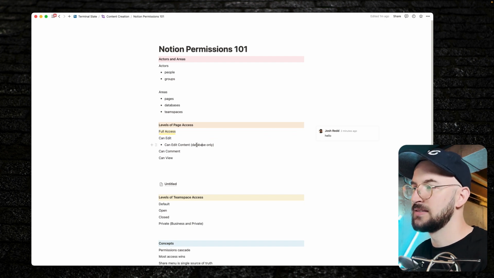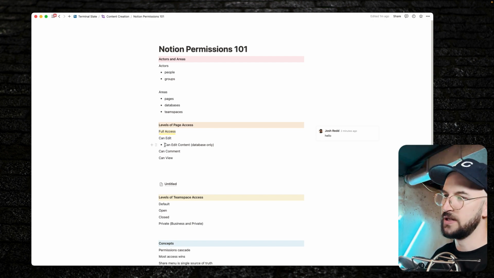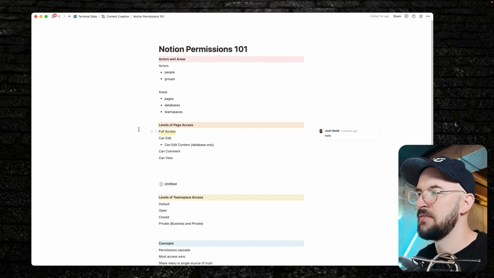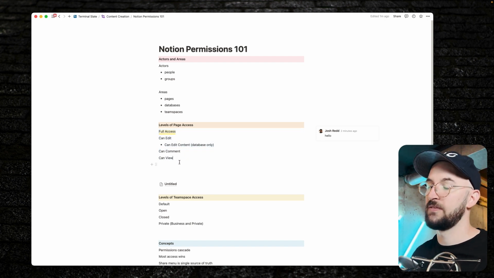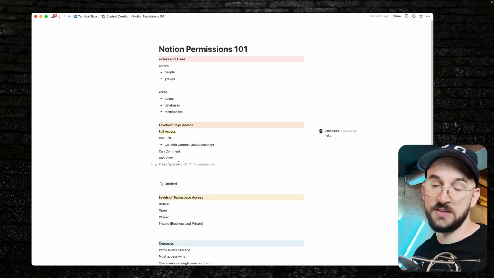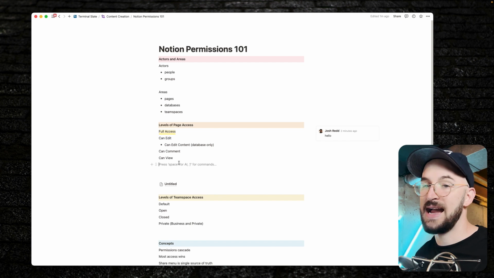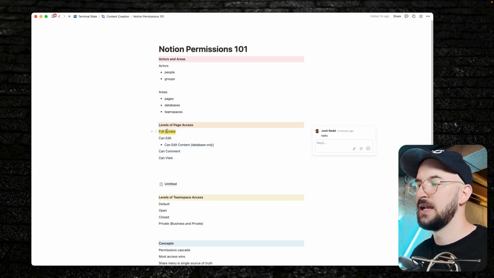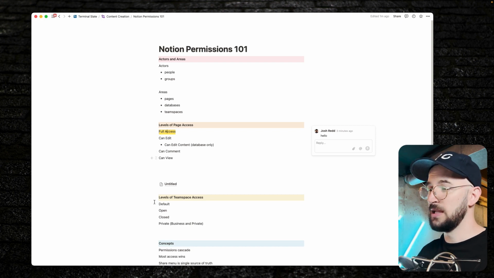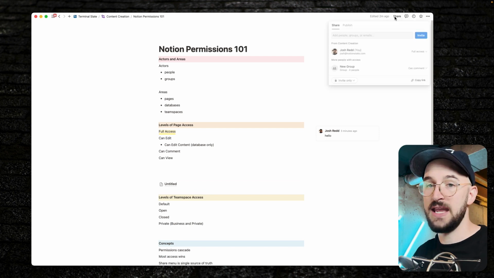Unfortunately, like I said, it's a little trickier to manage, and maybe I'll include some best practices in a future video. But that is the levels of page access and the different ways that people can have access to content. So if access matters, or if there's a lot of people and they're breaking things and it's really kind of a hassle to try and wrangle that in, it may be good to get a good grasp of this and understand how this works. Let me skip ahead to permissions cascade,